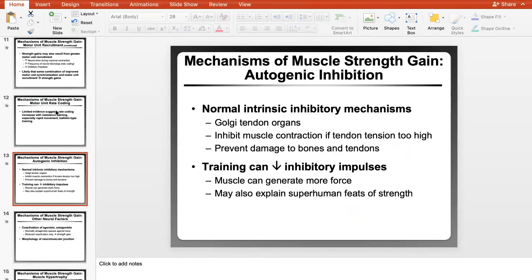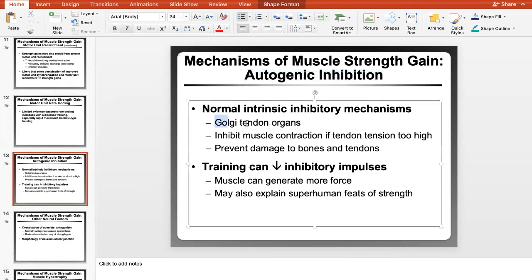So this autogenic inhibition, this automatic creation of muscles being inhibited. This is like we were talking about with the bicep curl. You have a tricep that is going to reduce its contraction. Or you could think that